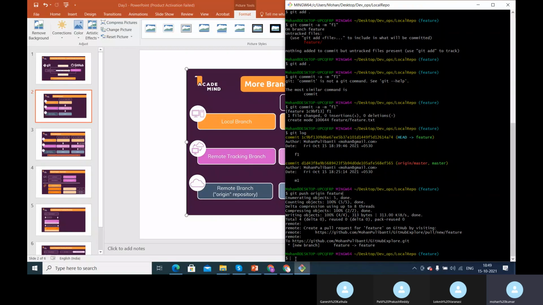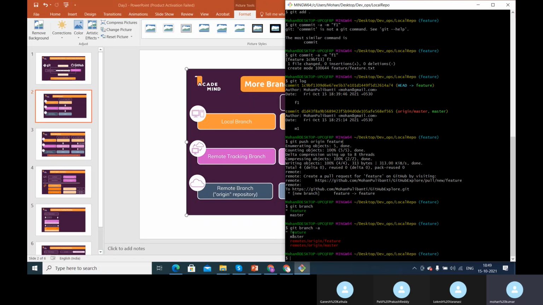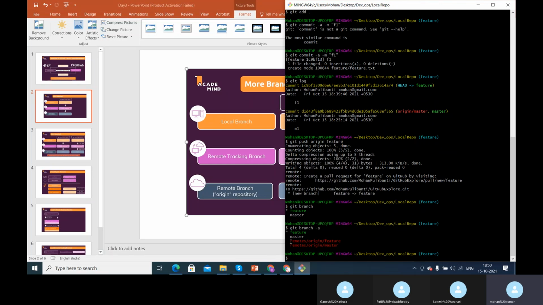To look at the branches on the local repository, the command that we use is git branch. It gives us all the branches on the local repository. But if you want to look at all the branches including remote tracking branches, we have the command git branch -a. When you give this, it shows all the local branches and also the remote tracking branches. We have the future branch and the master branch, along with two more branches. These two branches marked in red are called remote tracking branches.